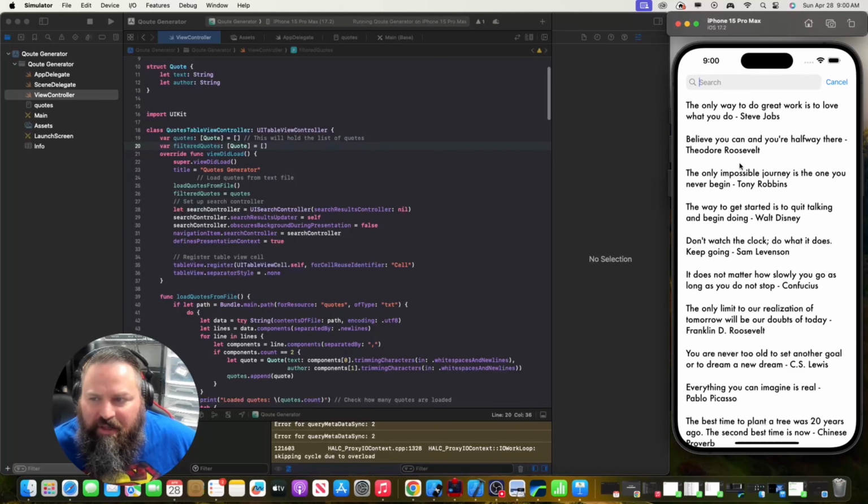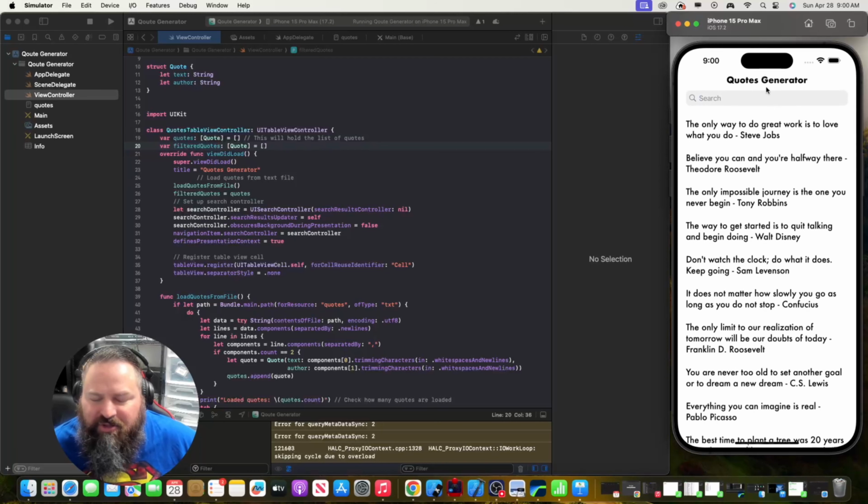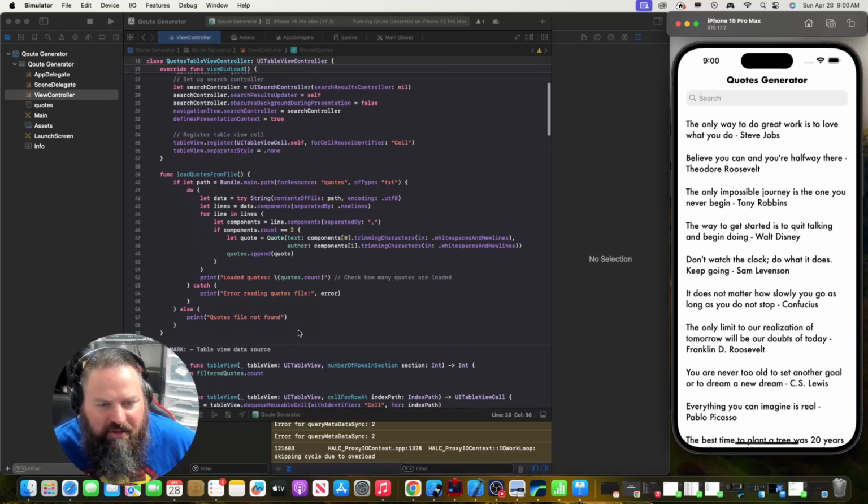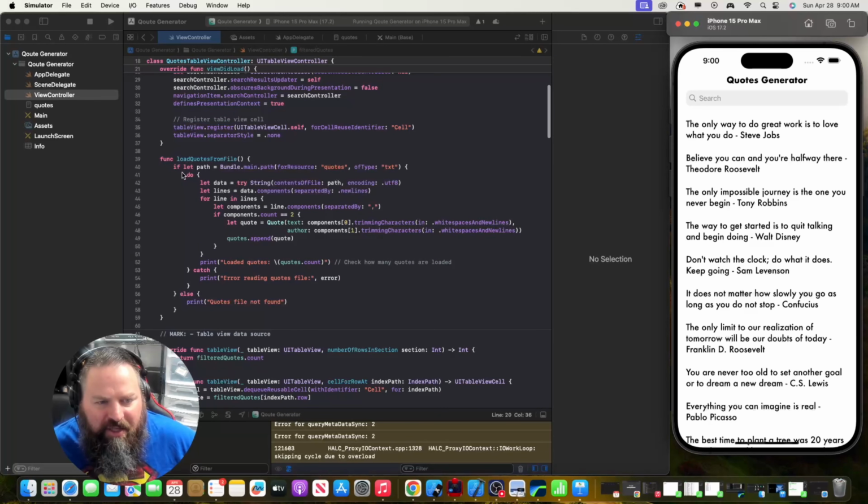So the title is Quote Generator. It shows up right there. And then load quotes from file. So we've got it set up: if let path equals Bundle.main.path for resource quotes, and then it goes for a text file. And this is very simple, and you can use this for any text file that you load. You can use this for JSON,